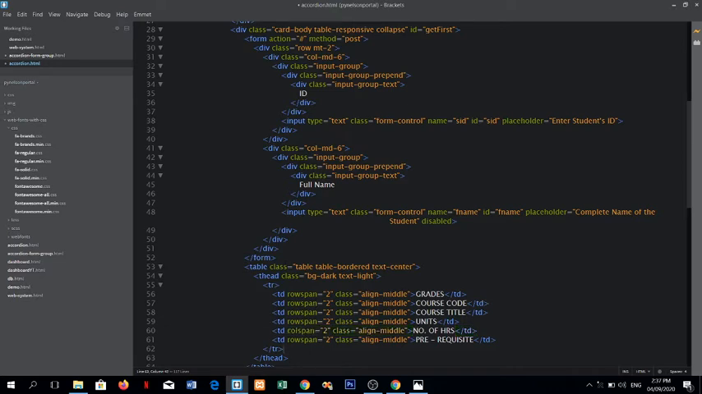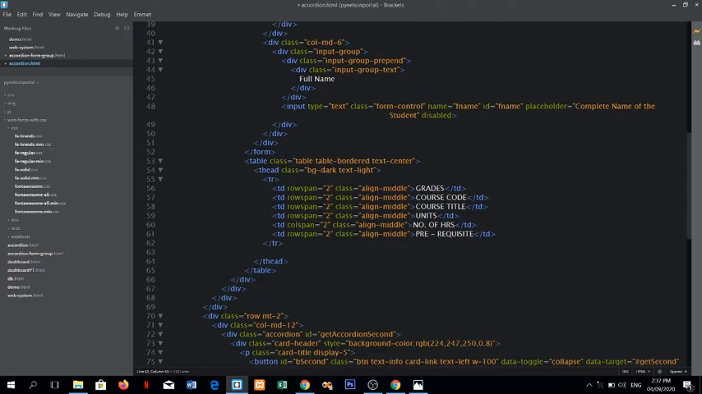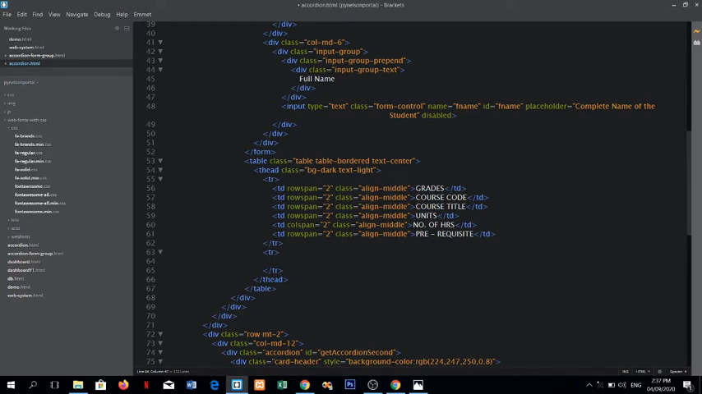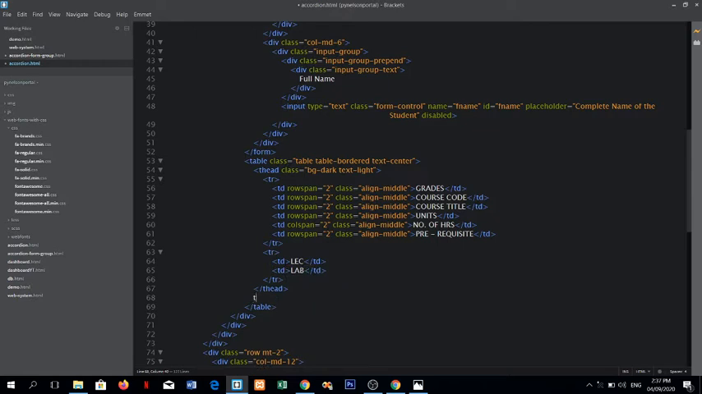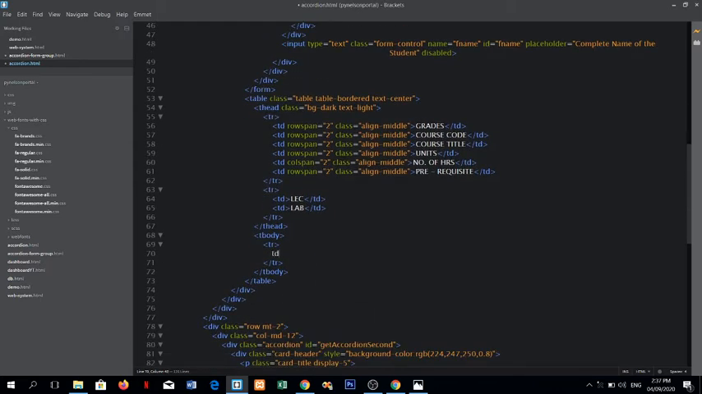Next, you just need to change this rowspan into colspan under your number of hours, and then just inside your thead we need to create another table row, and then another two table data, for your lecture and for lab. Next, we need to create tbody just after your thead. Okay, tr, and then we need to create here at least 7